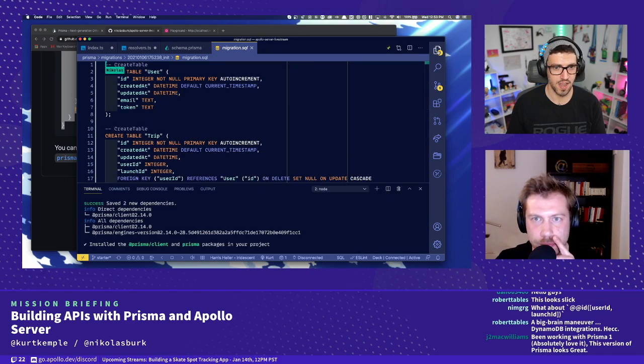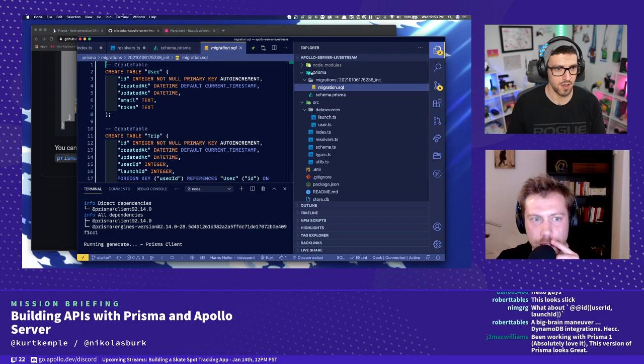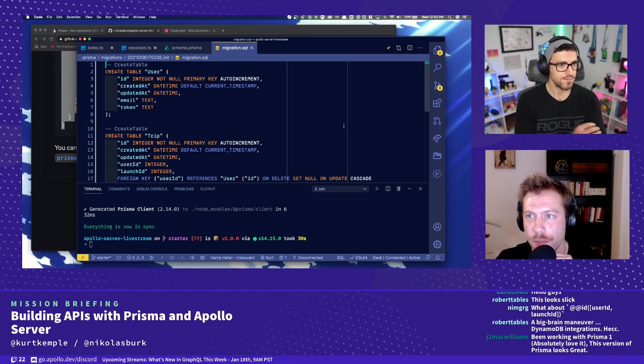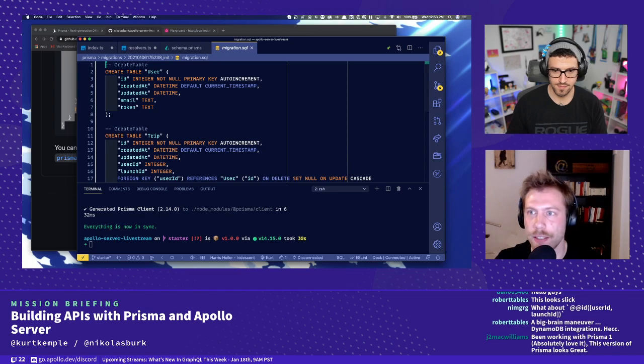So we got migrations. Here we see the SQL that has been generated from that. So cool. And that already has been executed against the